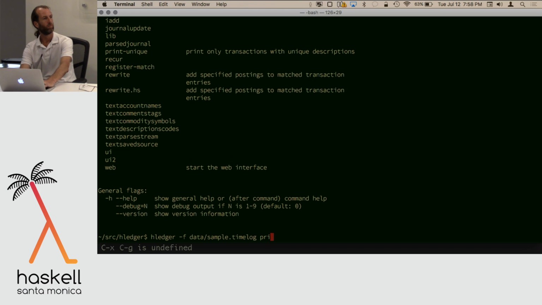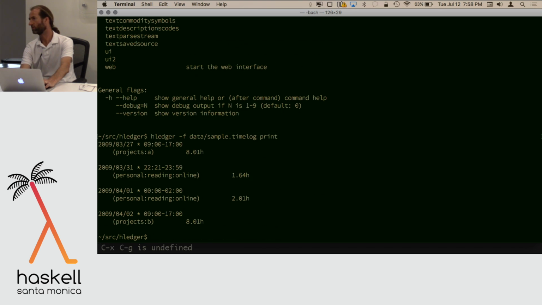Okay. It makes them look like transactions basically. So it's time, but it's just another commodity. So hledger doesn't really know anything much about accounting. It knows a little bit more than Ledger does. Ledger explicitly is agnostic. hledger, I would like to have a little bit more knowledge of accounting, but you can see it's really based a lot on the text that you put in your journal. So you write whatever kind of commodity you want. It doesn't know what an H is. We know it's an R, but